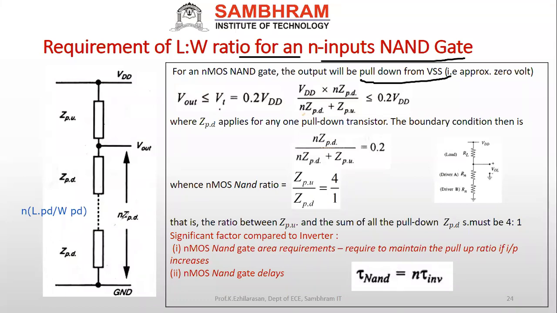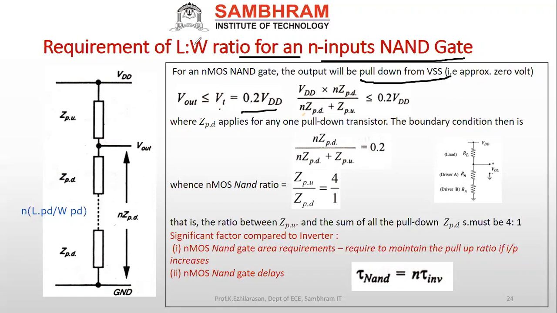Approximately, because as we said, the NMOS pass transistor is good at passing 0, correct? Good at passing 0 in the sense that the values are less than this. That is why the equation I can write as V out is less than or equal to VT. Your V out will be less than or equal to VT. What is the VT? Already we know, generally what?